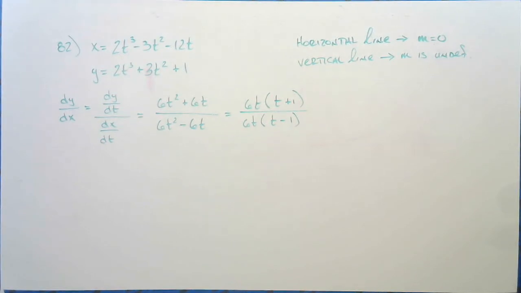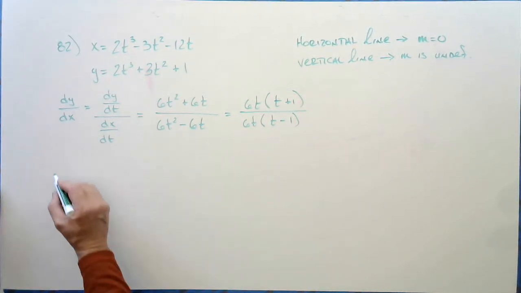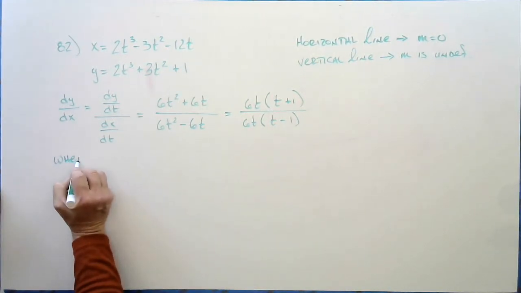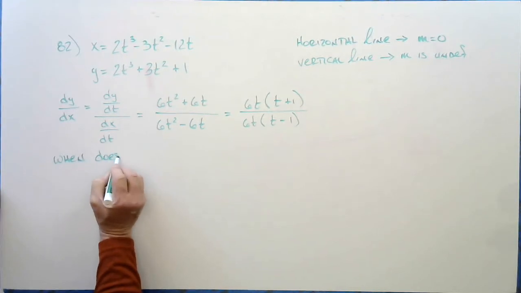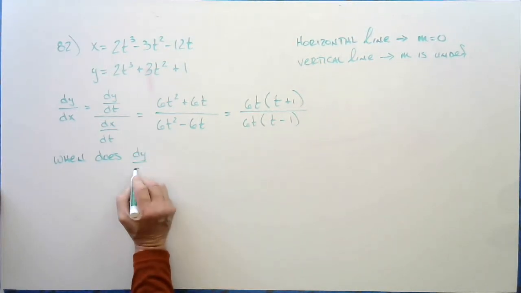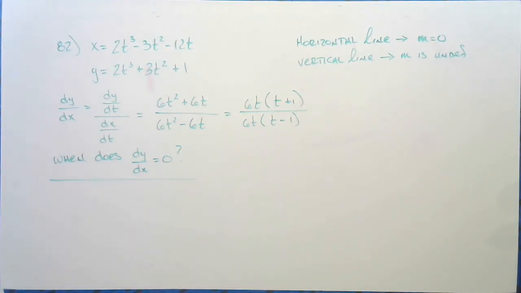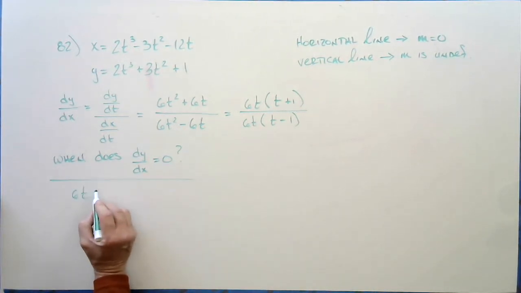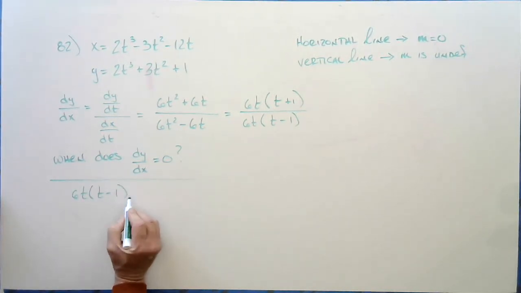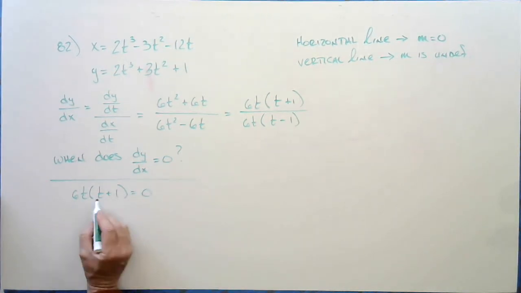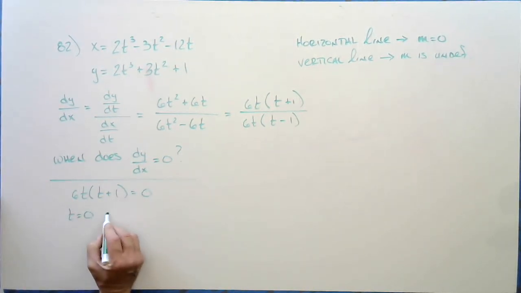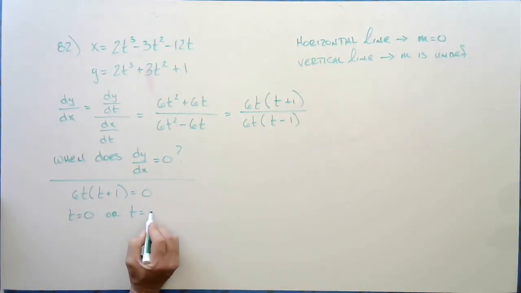Now, we're supposed to figure out when does this equal 0? Well, a fraction equals 0 when the numerator equals 0, right? That's our rule, but we have to be careful here because if we just write this as 6t times t plus 1 equals 0, we're going to get t equals 0 or t equals negative 1,